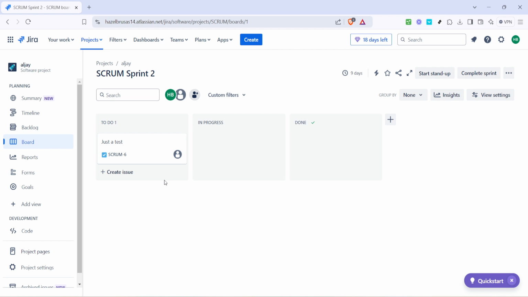Navigating to different views within the board can also be done through the left side panel, which offers options like backlog, active sprints, and reports. Explore these areas to see which view best helps you stay organized and informed.